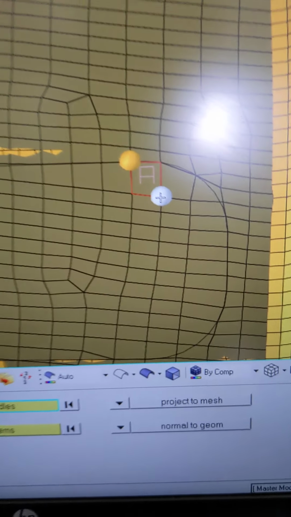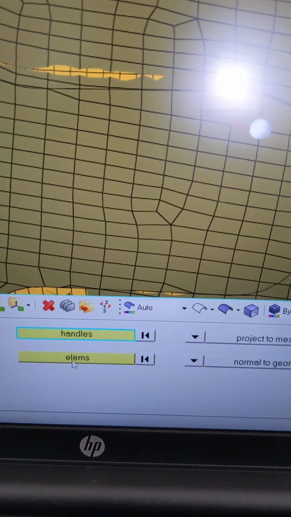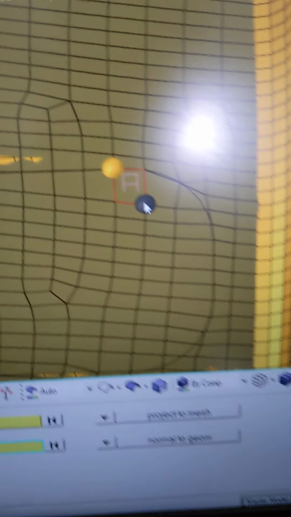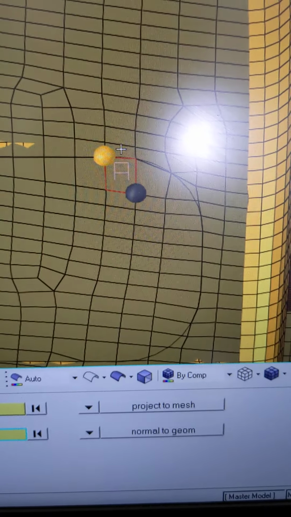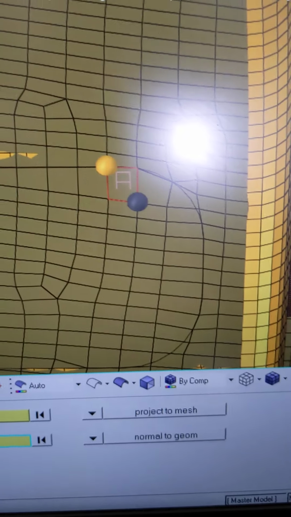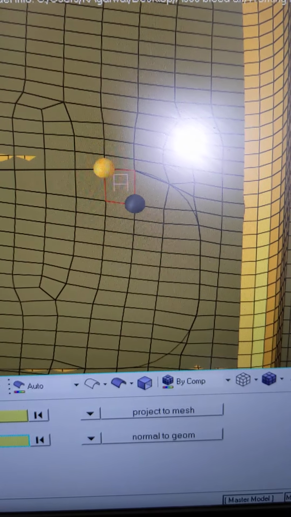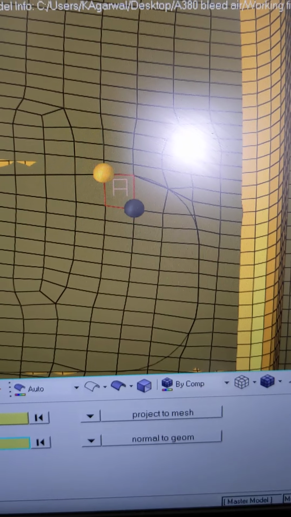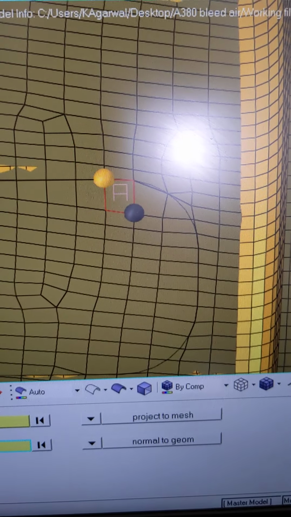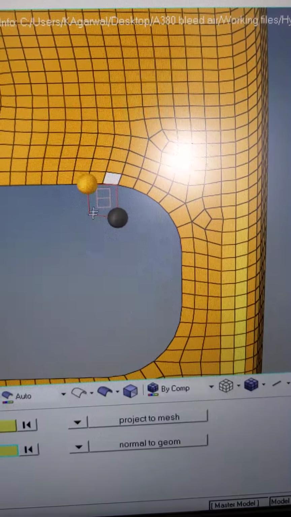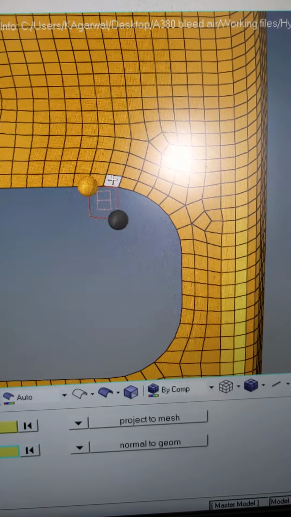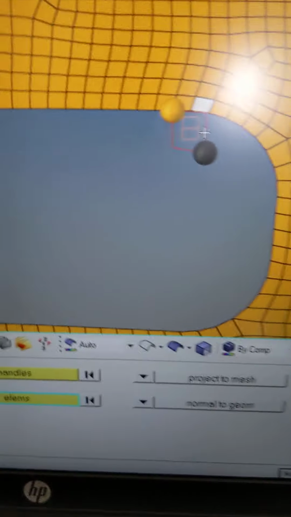So I've selected this one, and then you go to element, and then you select which element this particular dome needs to move towards. So this is an element of my clip. So let's say I want this particular dome to move over here. Okay, so I've selected that, and then I will say